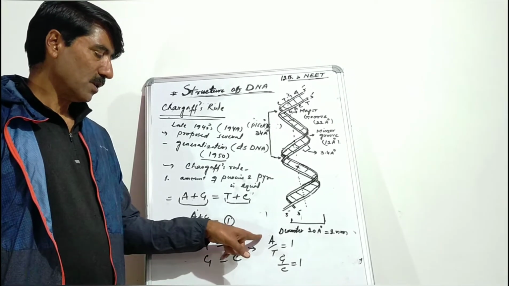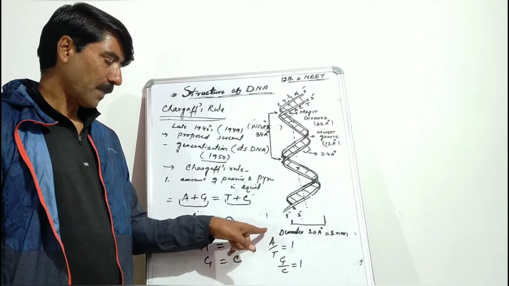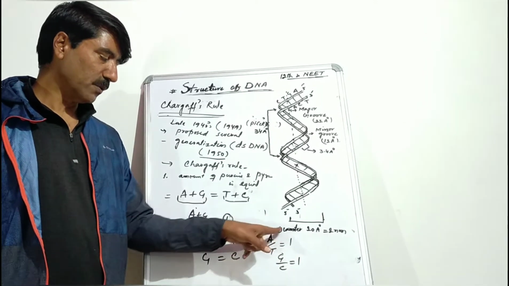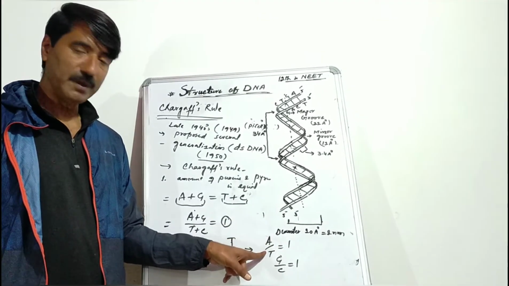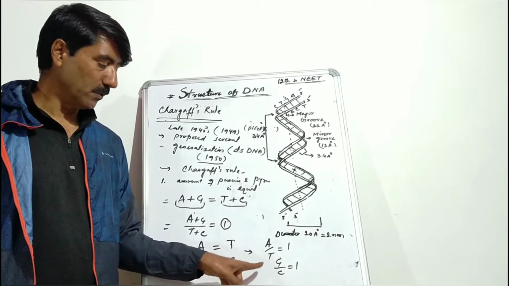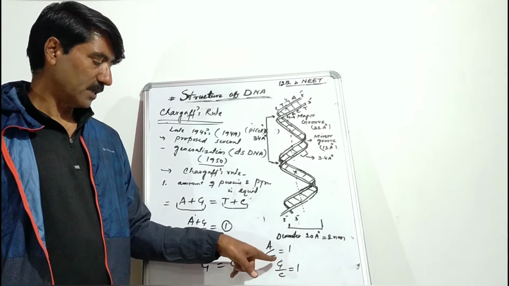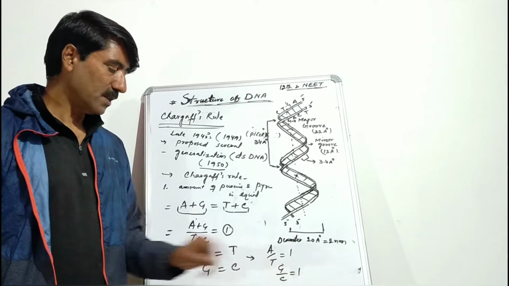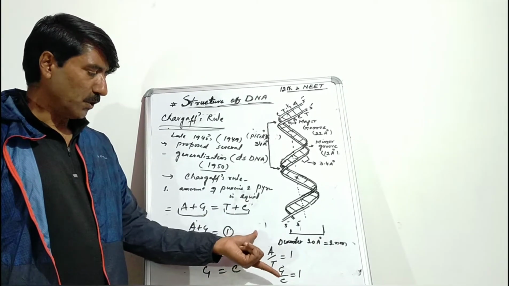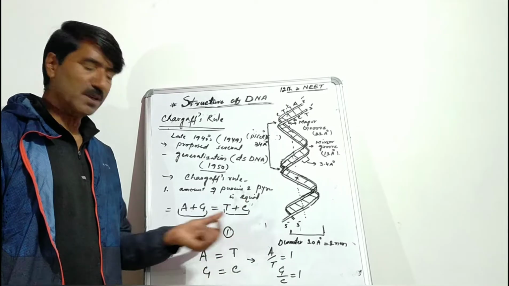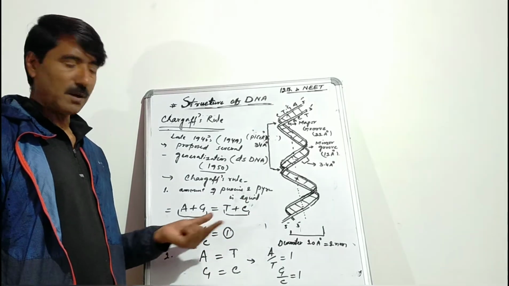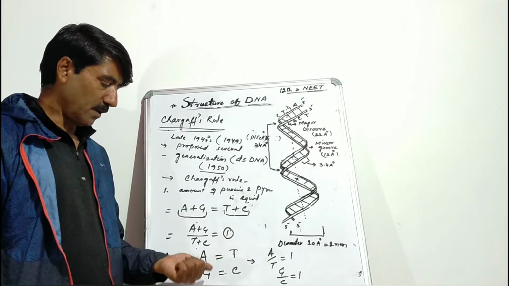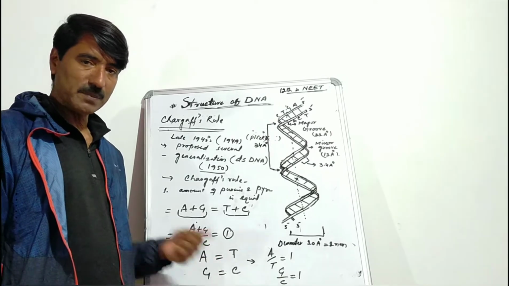तो इन अदर वर्ड्स यहाँ पर हम देख सकते हैं कि adenine by thymine is equal to 1. This is the ratio between adenine and thymine in a double stranded DNA molecule. और इसी तरीके से guanine by cytosine, the ratio between guanine and cytosine is equal to 1. Why I am showing this? Because several questions in several competitive exams are asked on this basis. अभी हम थोड़ी देर के बाद कुछ questions इस पर लेंगे.